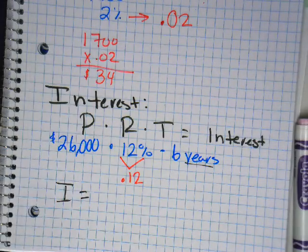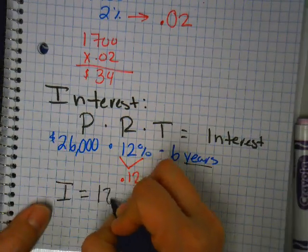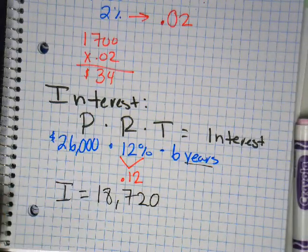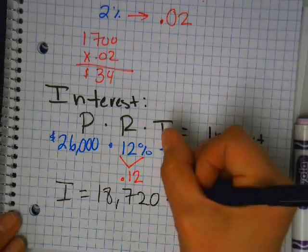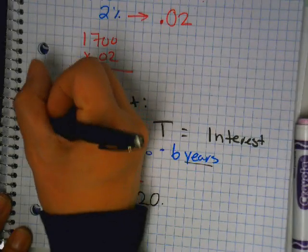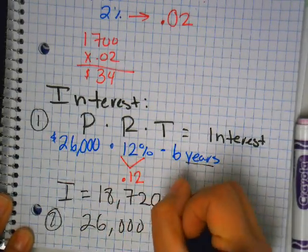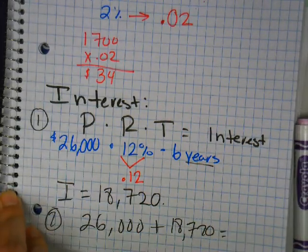44,720. Okay, how much interest will I pay? 18,720. Did you get that answer on your calculator? Guys, do it. There's so many times that you make little mistakes, and it's because you typed it in wrong. So you type it, doesn't match mine. The decimal should be at the end. Okay, what's our second step? This is step 1. 26,000 plus 18,720 is equal to...